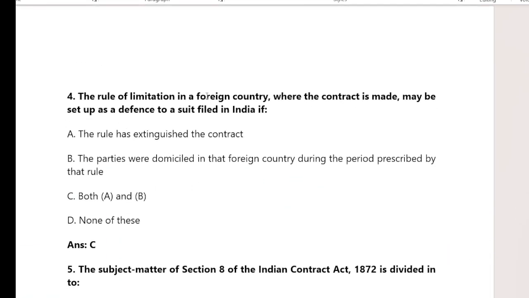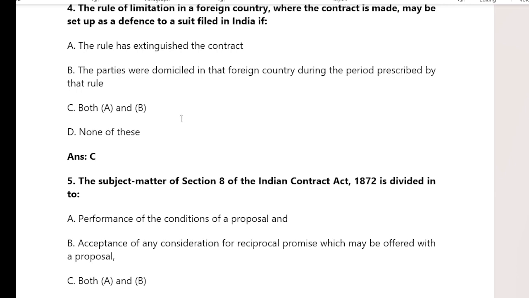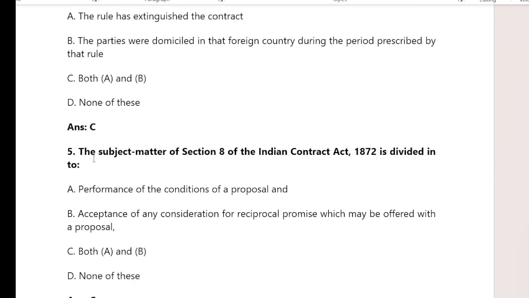And the next question is the rule of limitation in foreign country in which the contract is made। बोला है जो रूल है लिमिटेशन का फॉरेन कंट्री में जहाँ पर कॉन्ट्रैक्ट जो है बनाया जाता है, may be set up as a defence to the suit filed in India if the rule has extinguished the contract, and option B the parties were domiciled in that foreign country during the period prescribed by that rule, and option C both A and B and option D is none of these। Then right answer is option C, both A and B।